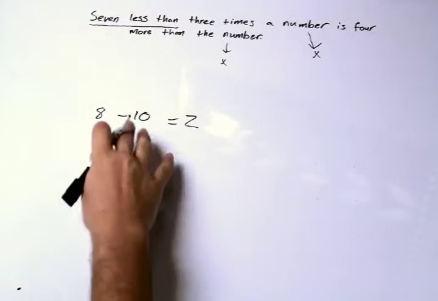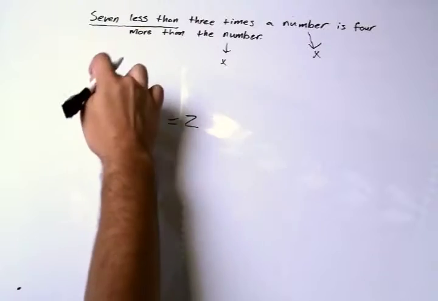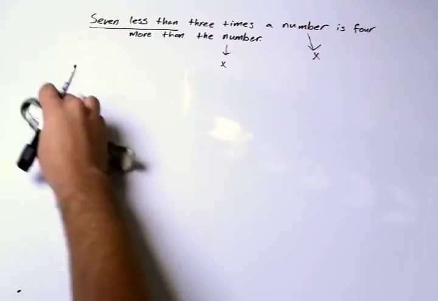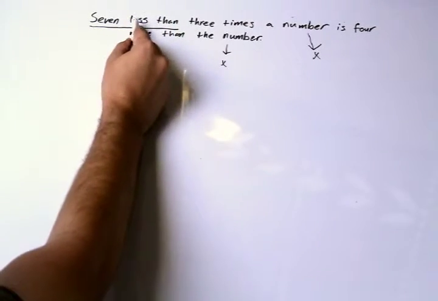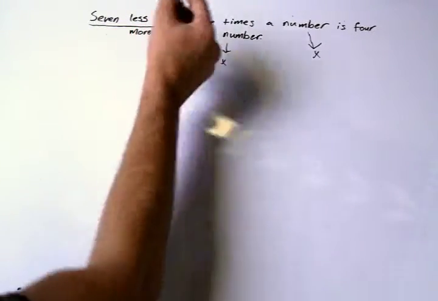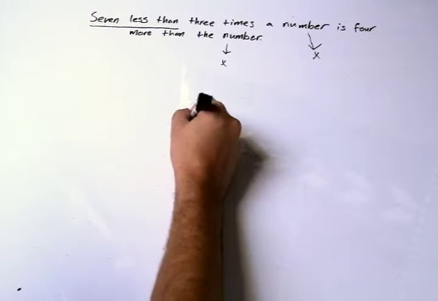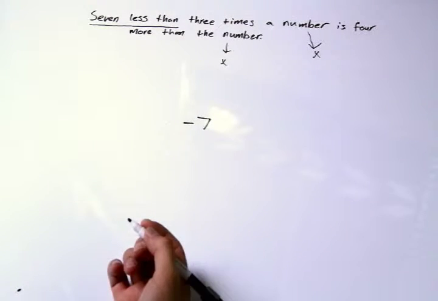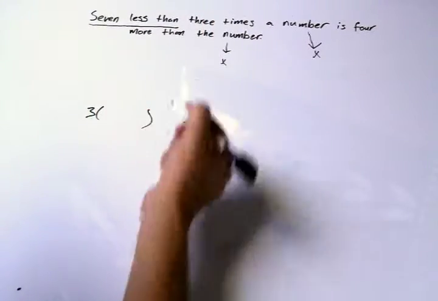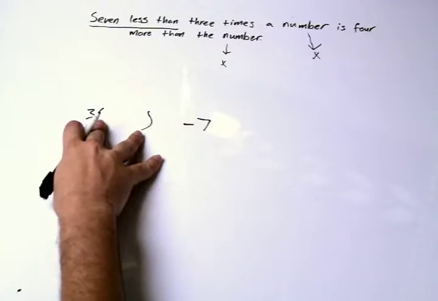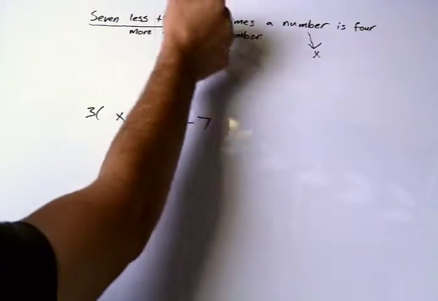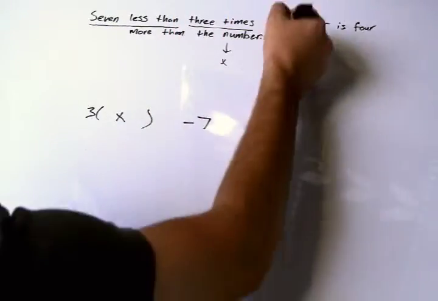For some reason in English we actually read it backwards, and so what needs to happen with the less than is that you need to flip it, like so. And what I'll do is go right to left anytime that I see less than. So I would read this as 7 less than. The first thing I'm going to write down is 7 less than something. 7 less than what? Well, 3 times, and I explain to them that parentheses always mean multiplication, a number. So we've gone through 7 less than 3 times a number